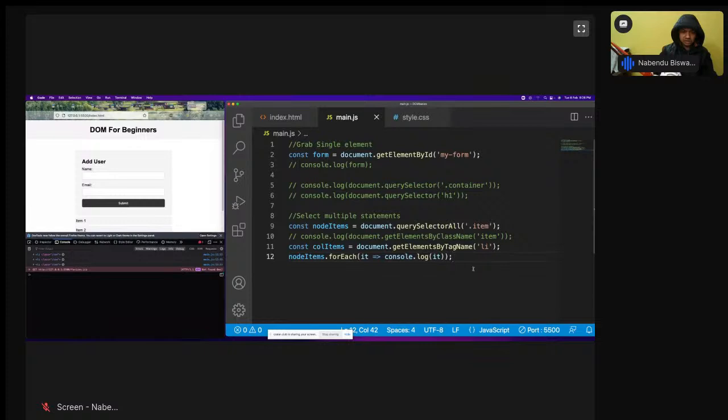So let me try to do this on allItems also, but it will say that allItems.forEach is not a function. allItems.forEach is not a function, because as we have seen, the forEach was not there. So what we need to do